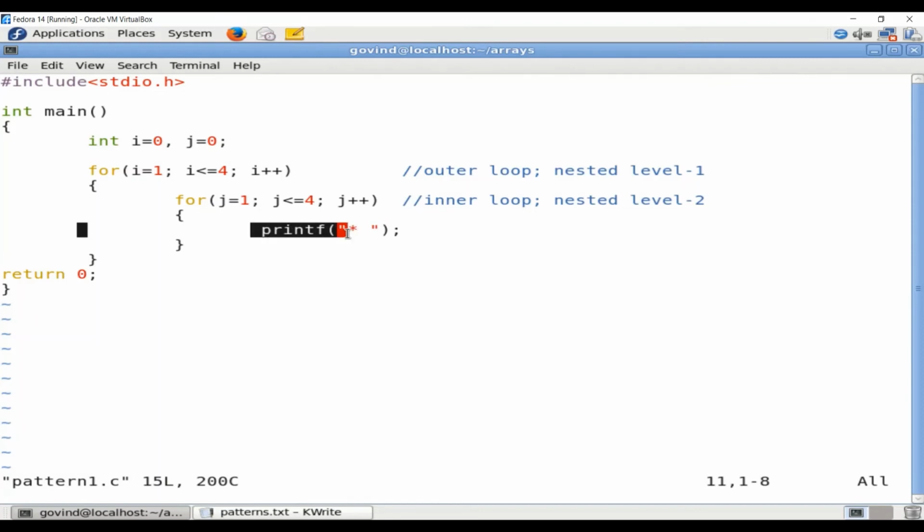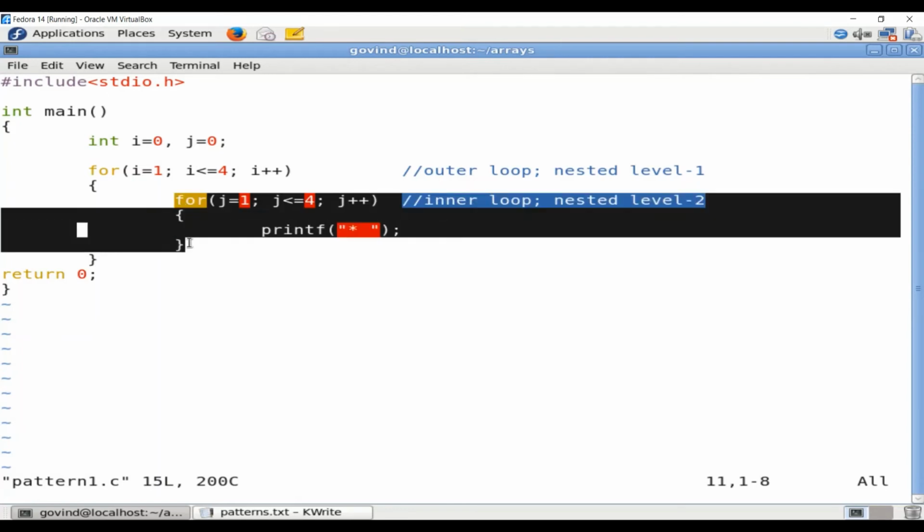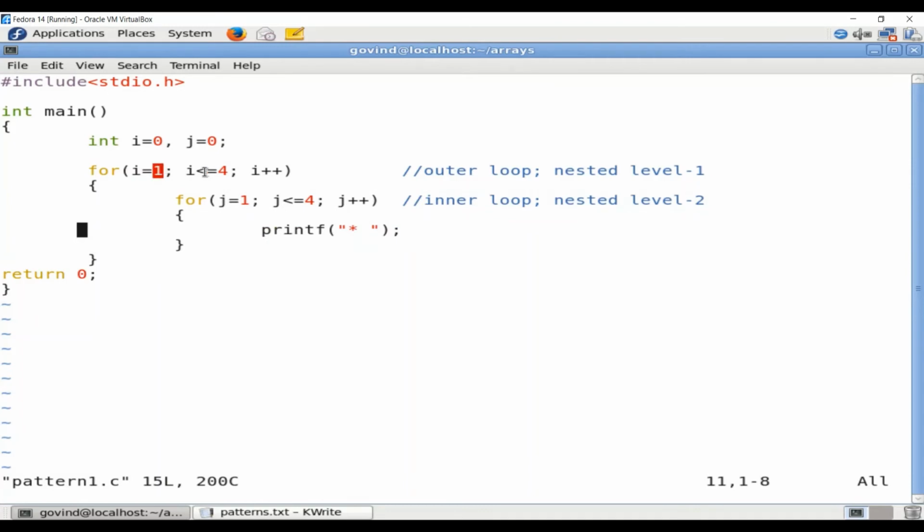When it prints 4 stars, the condition of the inner loop becomes false, because by that time j would become 5 and 5 less than or equal to 4 would be false. So it will come out of the inner loop, and as we had seen in the slides, it will execute the next iteration of the outer loop. In this case it will be 2. This goes on till the outer loop's test condition becomes false.